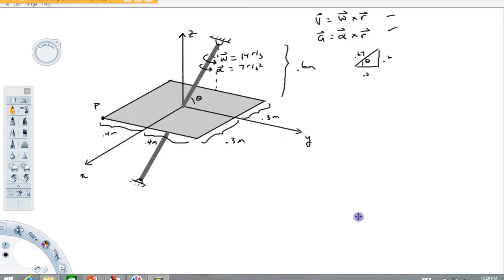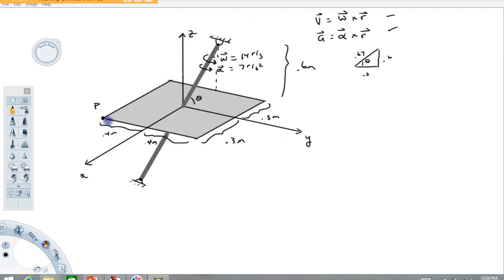I'm making this video to provide an example of how to use these two equations to calculate the velocity of a point in space and the tangential acceleration of a point in space due to the rotation and angular acceleration of the object that point is on. So